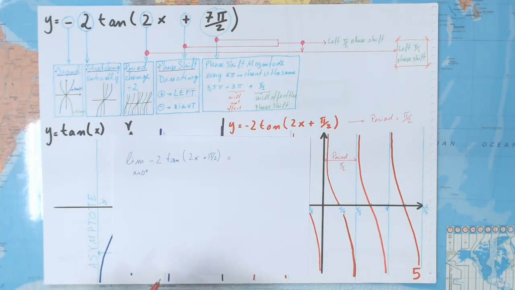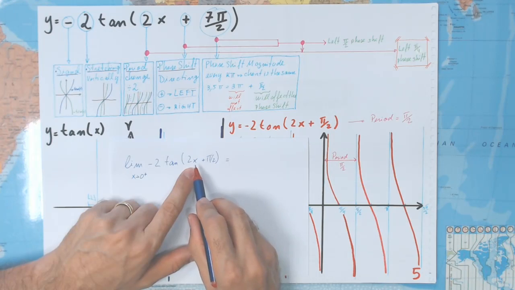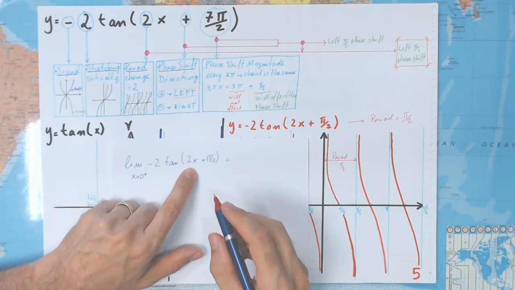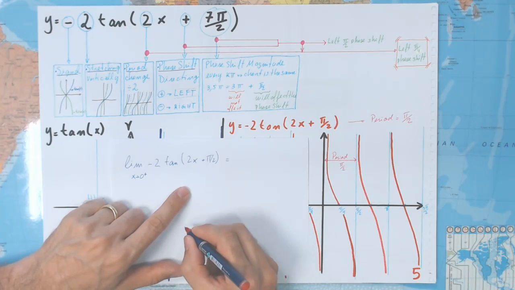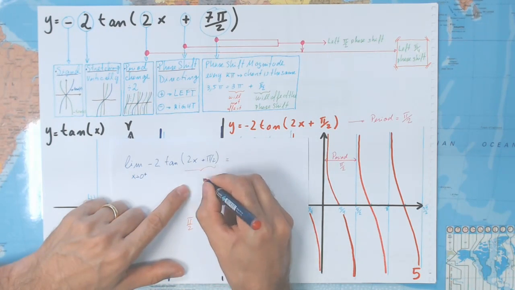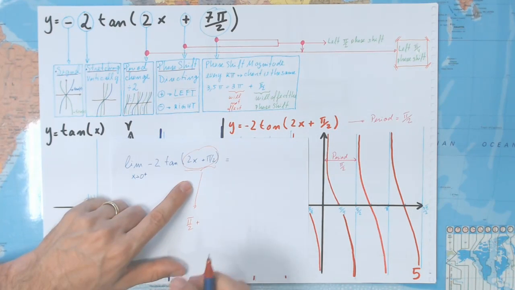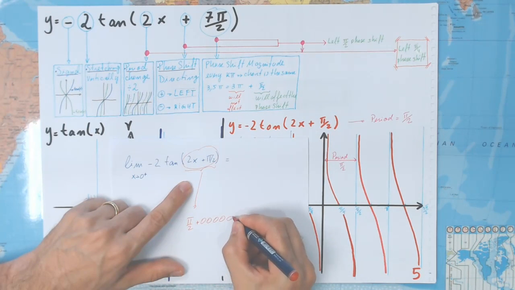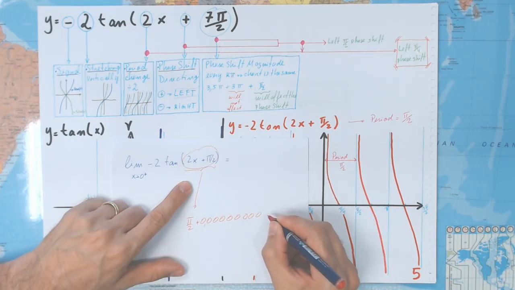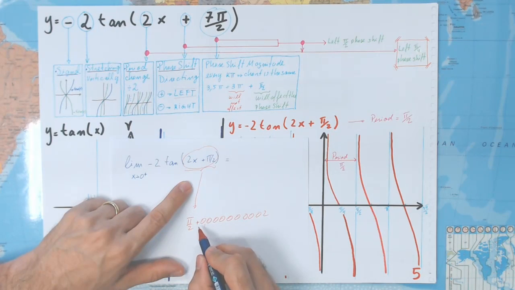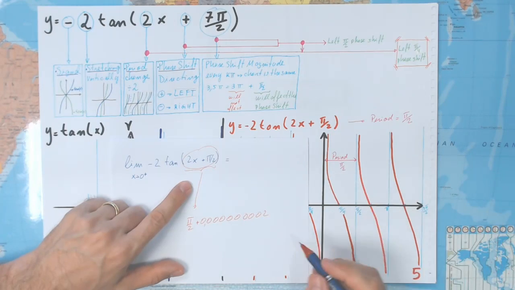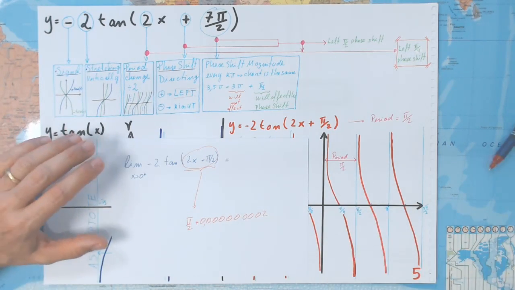Well, what is x? It is 0, but it's 0 from the positive end. So it means that we are going to have pi over 2. I'm just studying this in here. Pi over 2 plus something very, very tiny, 0.0002, but it is still positive because we're going from the positive end. What does that mean? Well, let's go to our